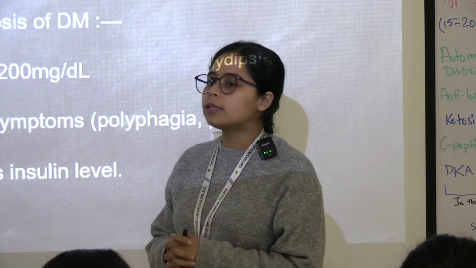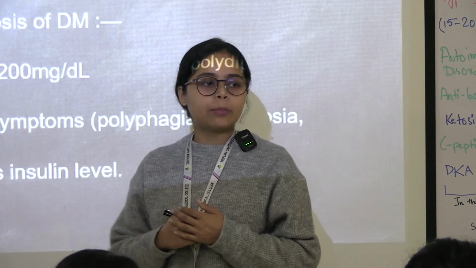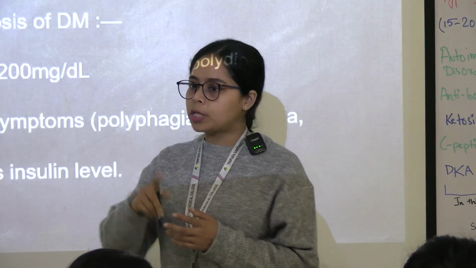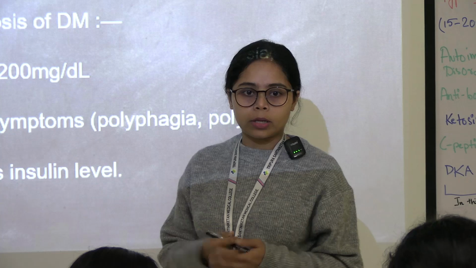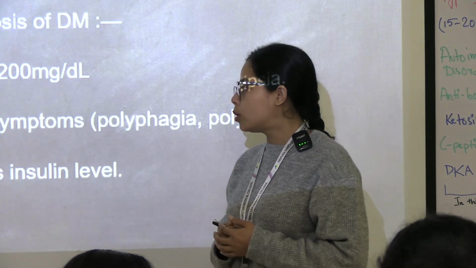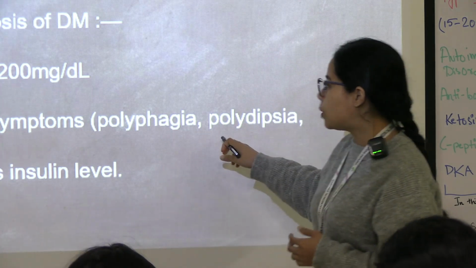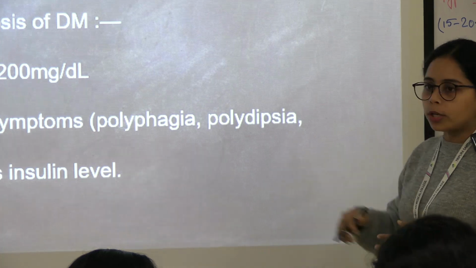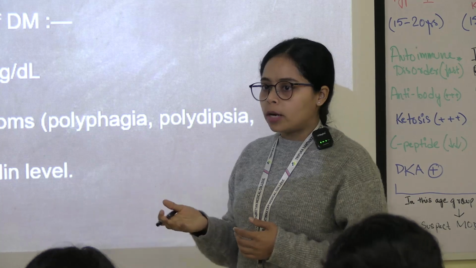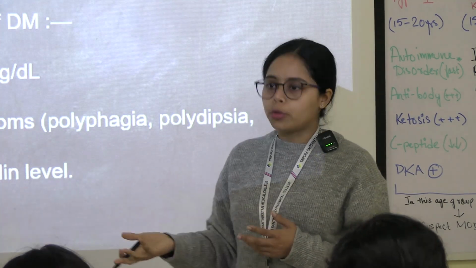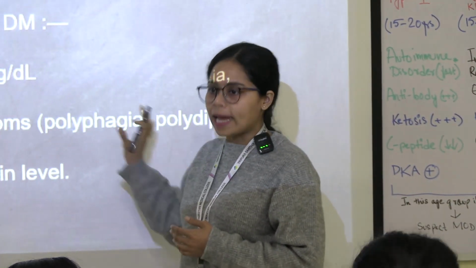Okay, and for postprandial, we advise fasting, that is an early morning sample, then we advise the patient to take a meal, and after 2 hours we check the blood sugar again, that is postprandial. And random blood sugar, you are very familiar with it. Anytime you can check the random blood sugar. If it comes to more than 200, plus there are other symptoms as well, polyphagia, polydipsia and polyuria. Do you know what polyphagia means? Eating more. Polydipsia means drinking more water, and polyuria means more urination. So if these things are there, then you can say that maybe the patient is diabetic.